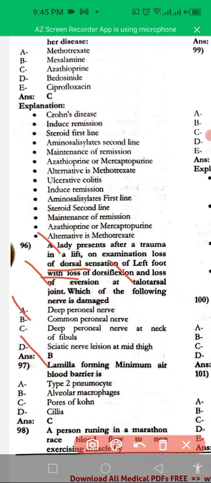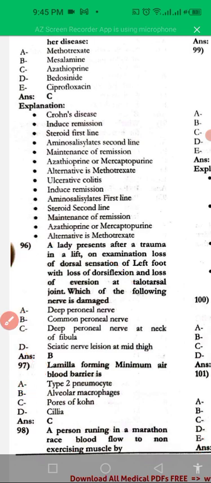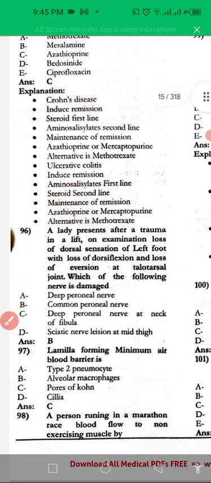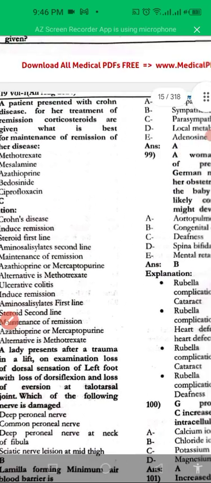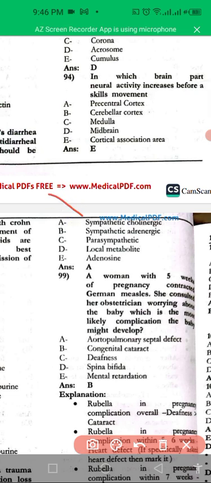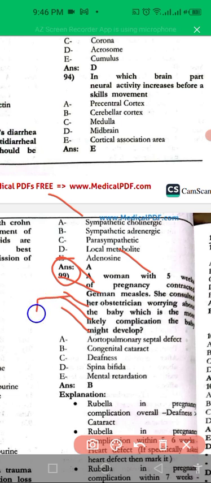The lamella forming the minimum air-blood barrier, that is pores of Kohn. And next one: in a person running a marathon race, blood flow to the non-exercising muscle is by sympathetic cholinergic. Next one: a woman with 5 weeks of pregnancy has German measles and consults an obstetrician. Worry about the baby. The complication to the baby might be congenital cataract because of the